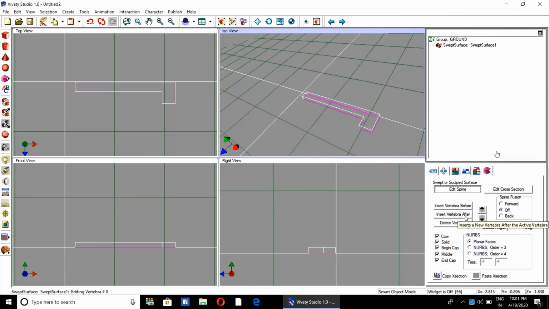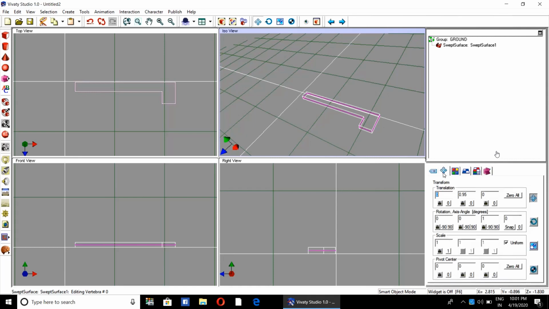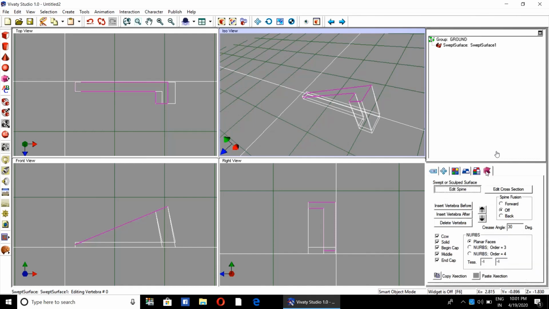Now insert vertebra after. You can use before also, but I will be rotating it counterclockwise. Now in the snap you add 22.5, an increment of 22.5 degrees rotation, and now you can see that it has started rotating. Now you have to repeat this procedure